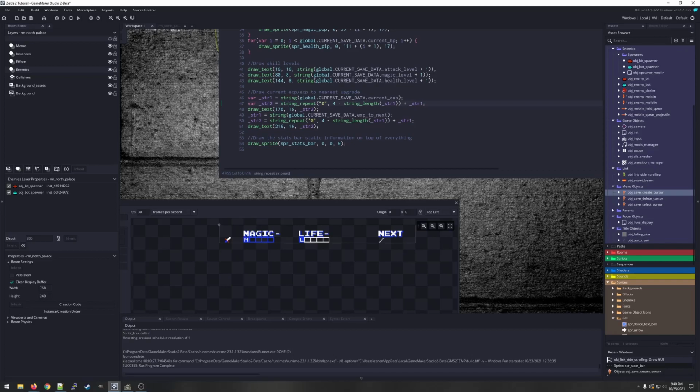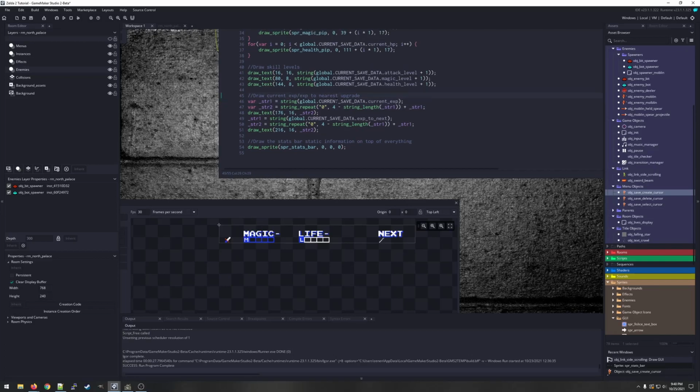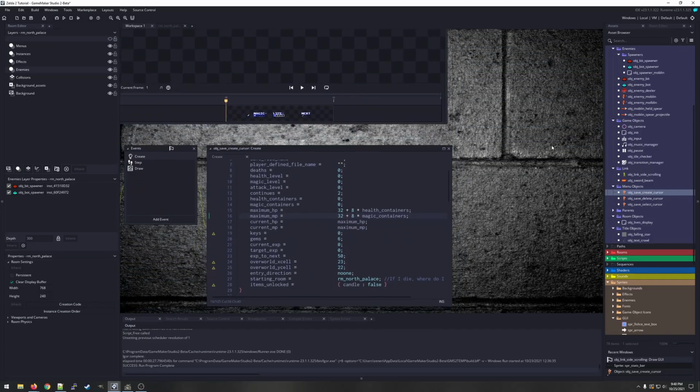And draw current XP to the nearest upgrade, etc. So this is somewhat more complicated at this point because we need to figure out how much experience is required to reach our next level up and stuff like this. So we have here a string, global current save data dot current XP. So what is our current XP? You remember when we're killing enemies, we'll have our XP versus our target XP versus our current XP,